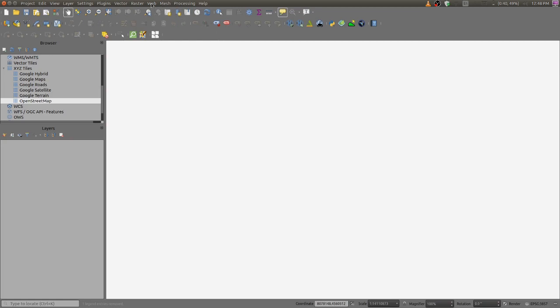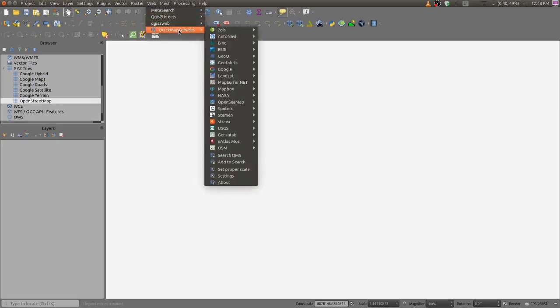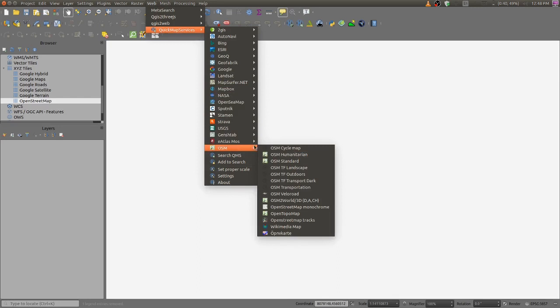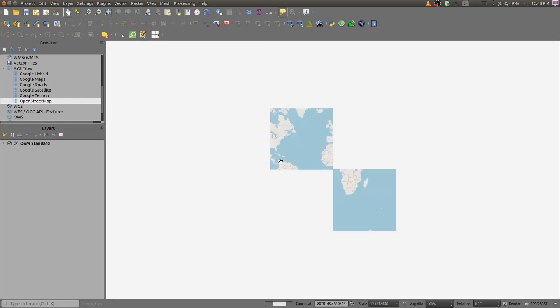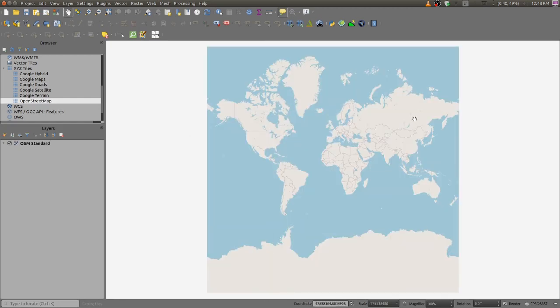Go to Web, Quick Map Services, go to OpenStreetMaps, then take this OSM standard. Here we are brought to this OpenStreetMap window.